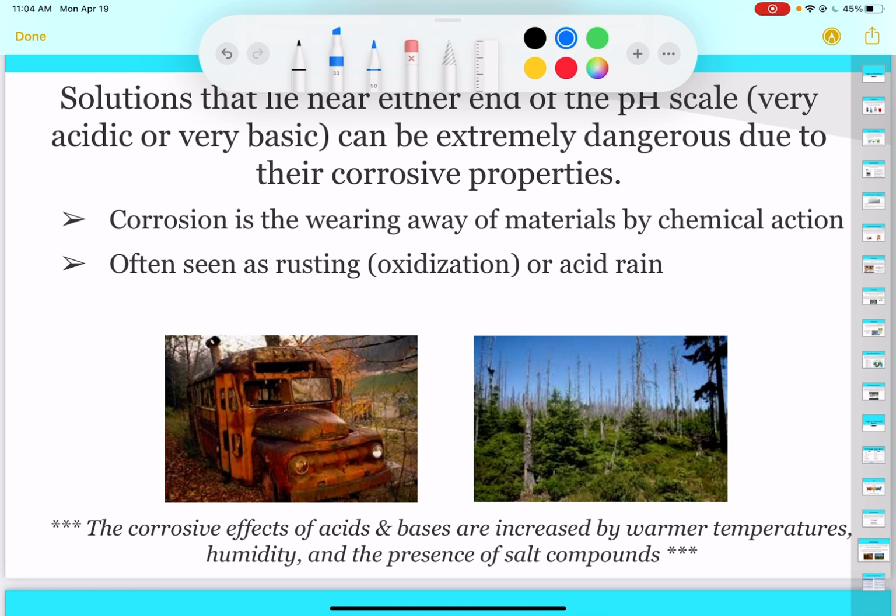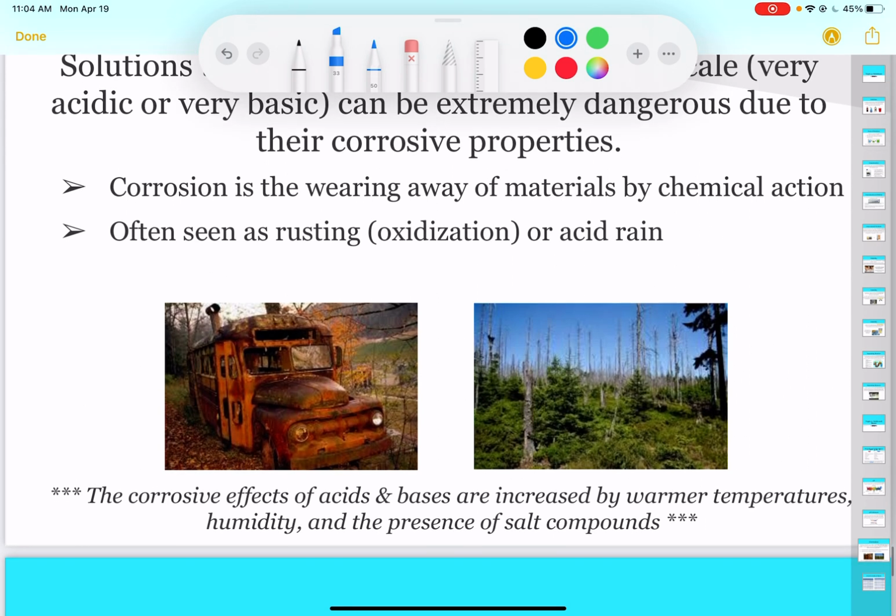It says at the bottom here, corrosive effects of acids and bases are increased by warmer temperatures, humidity, and the presence of salt compounds. So I was actually talking about this with someone the other day because where I'm from on the East Coast, they use salt on the roads in the winter. They don't actually do that here, mostly because, well, maybe they do at some places, but it's too cold for salt. Salt is only good to, I think, -15, maybe -20, and then it doesn't work anymore